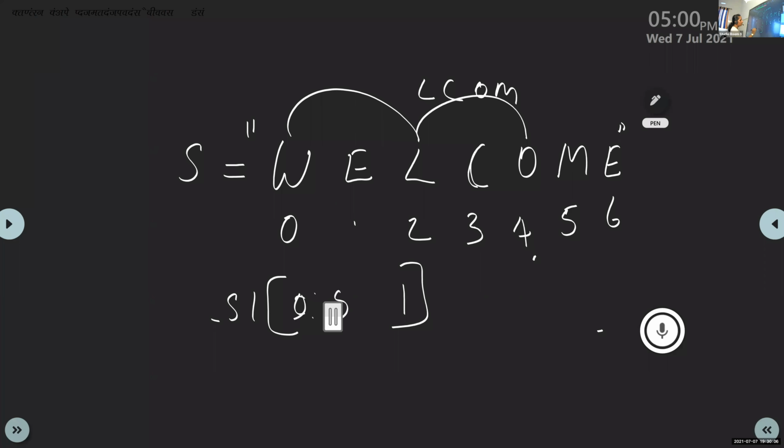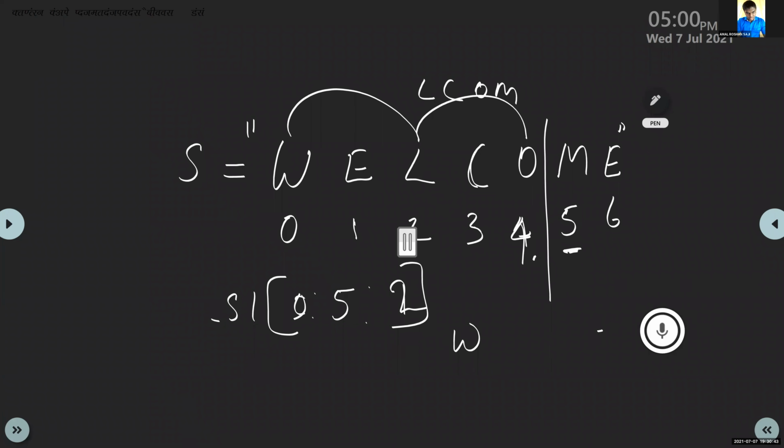0, stop value is 5, step value is 2. Here step value is 2. Stop value is 5, so we will consider till 5. We are not including 5. So we won't write down the O, right? Just listen. 0 is the first value, so I will write W. After that, I add 2 with this 0. 0 plus 2 is 2.